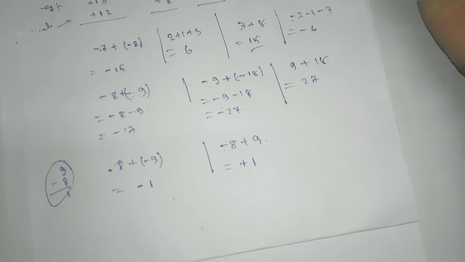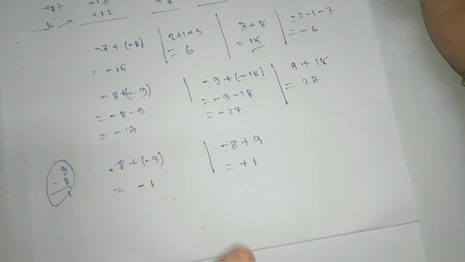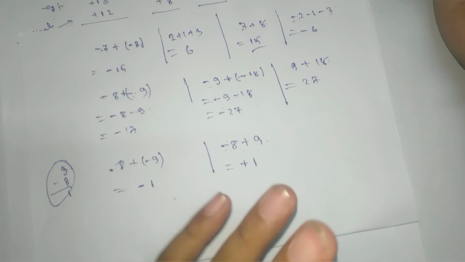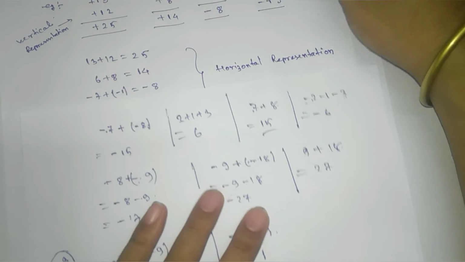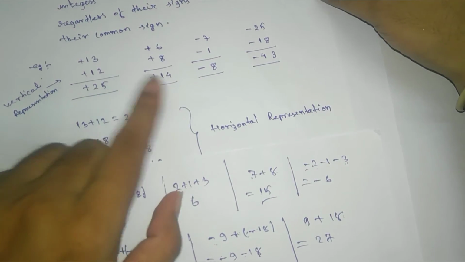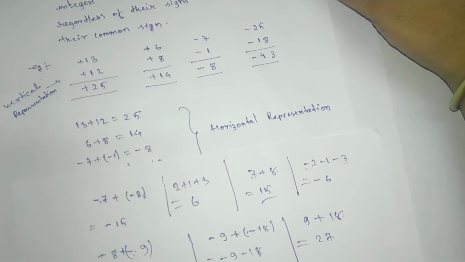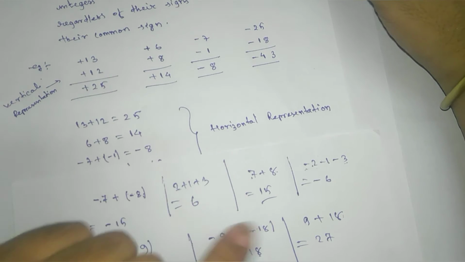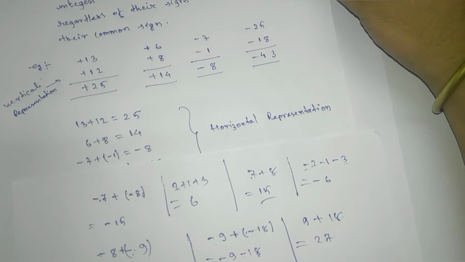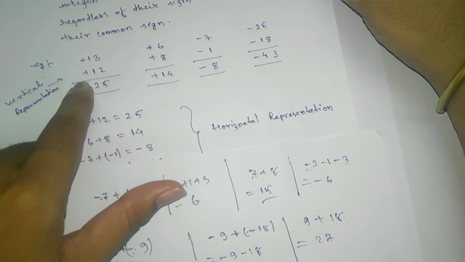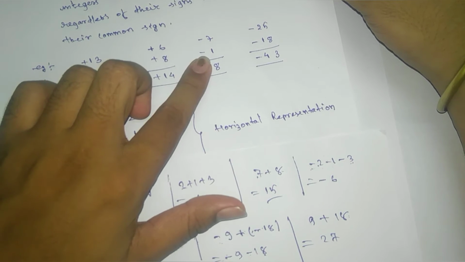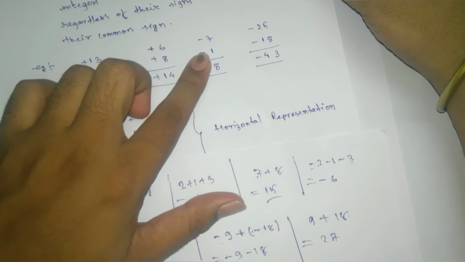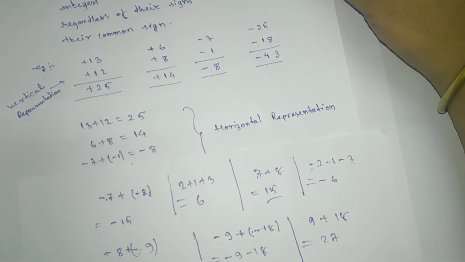Generally for plus we do not use the plus symbol. If you do not use the plus symbol, no problem. In the book they are using the plus symbol, and if you do not use it, no problem. Like here, we have used the plus symbol and the minus symbol. For the minus symbol we need to write it, but for the plus symbol you have a choice. If you do not write plus 25, it will show that it is plus 25 only. But if you do not write minus, then it will show plus 8. So for minus we need to put this symbol. Okay.